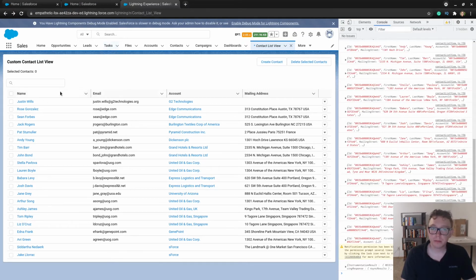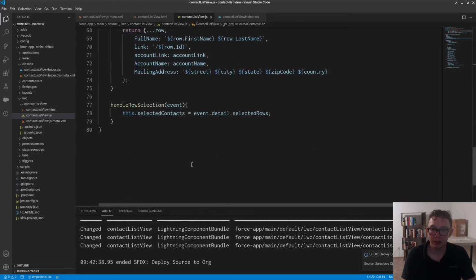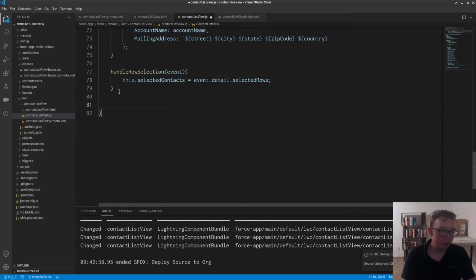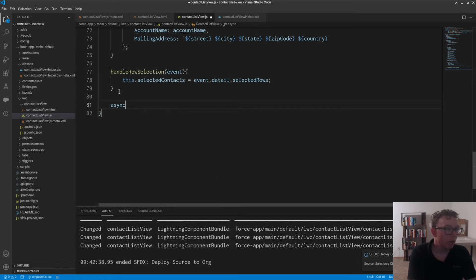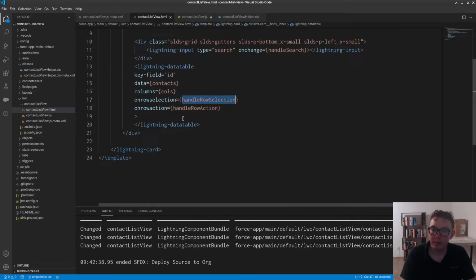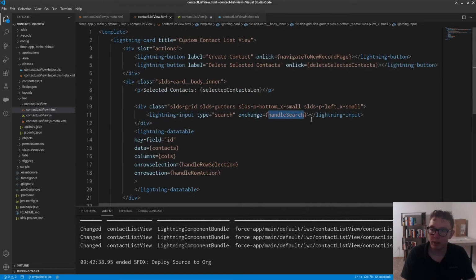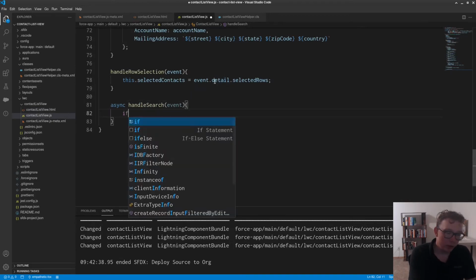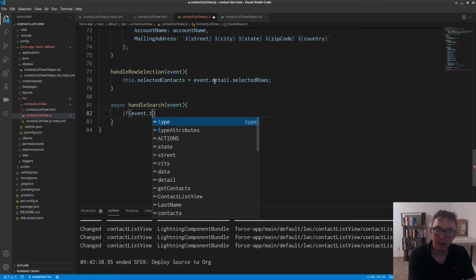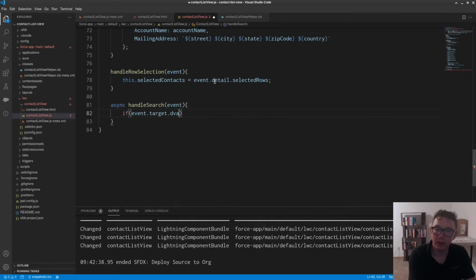So I'm going to scroll down to the bottom here. I'm going to make an async function, as we'll want to await the database search, and I'm going to call this handleSearch, which is going to take in an event. Similar to the onChange method, it is going to be handleSearch. So I'm going to say if event.target.value